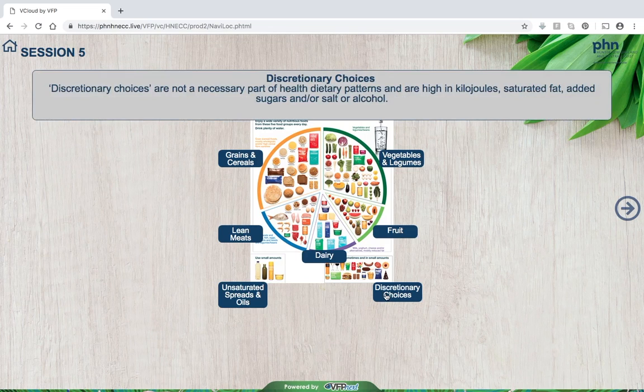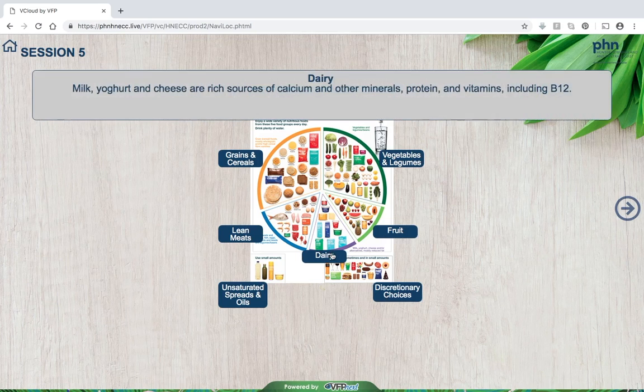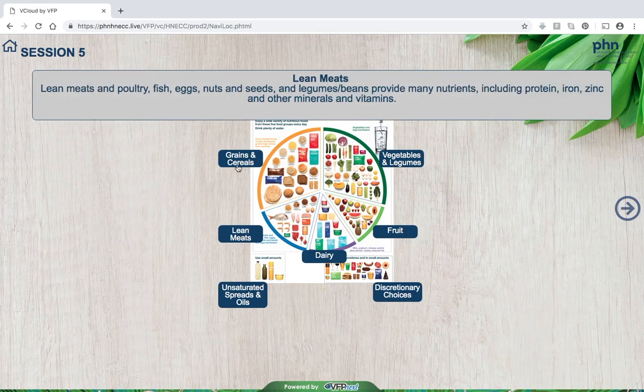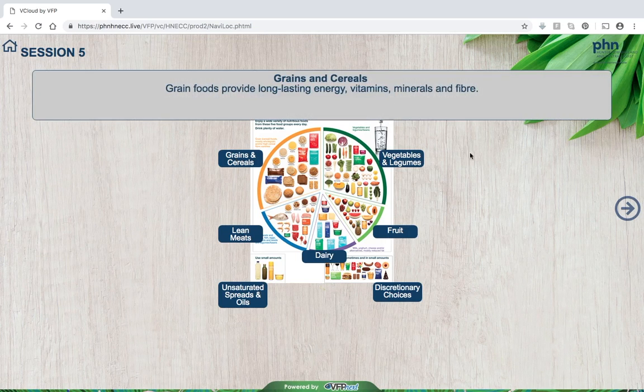Discretionary choices, that can explain why we may not want to choose too many of those. Dairy, spreads, lean meats, grains and cereals. So you can go through that with your patient. Moving forward,